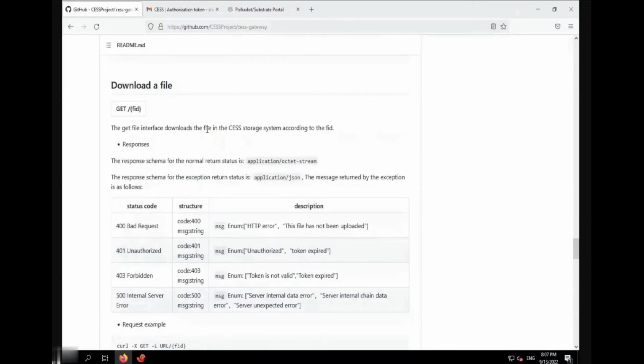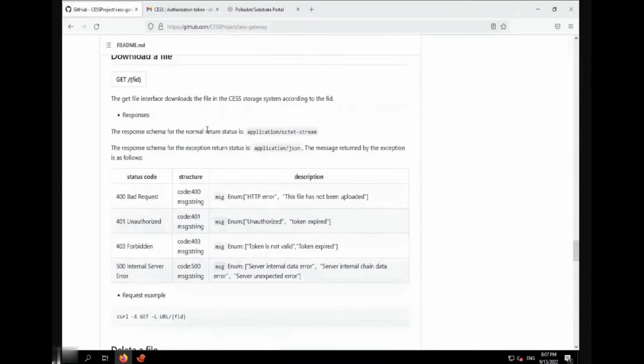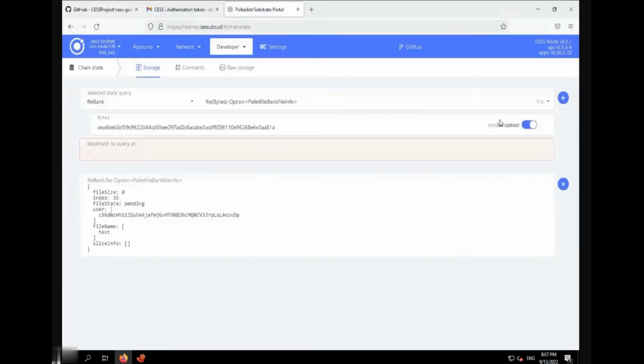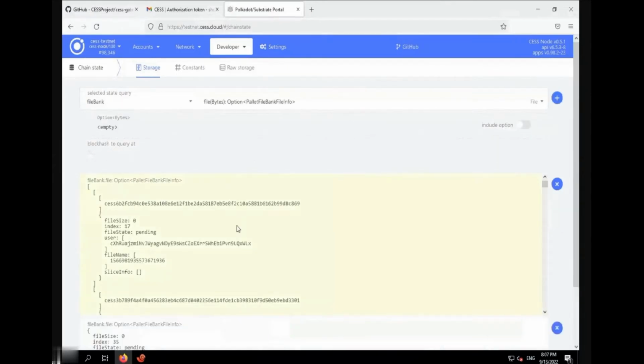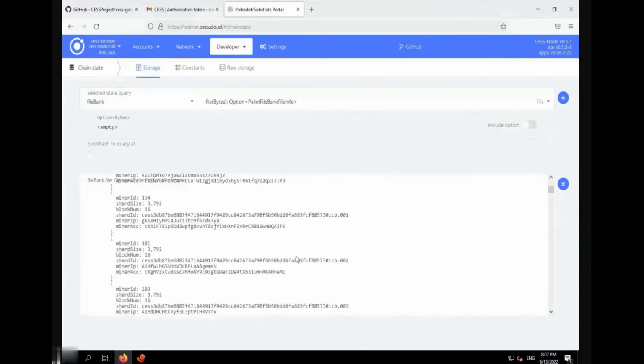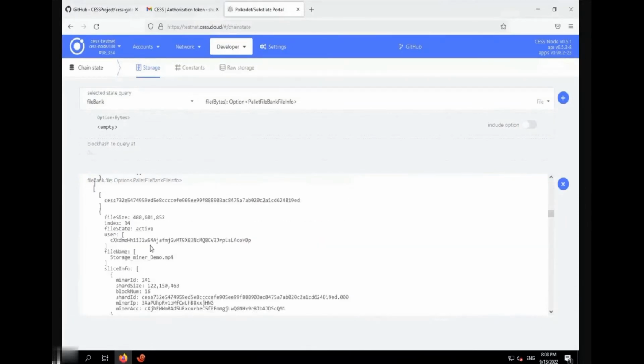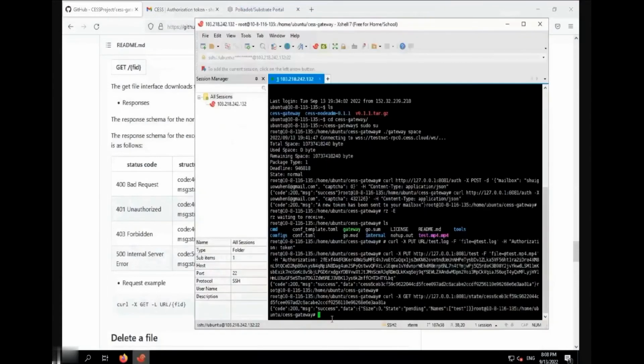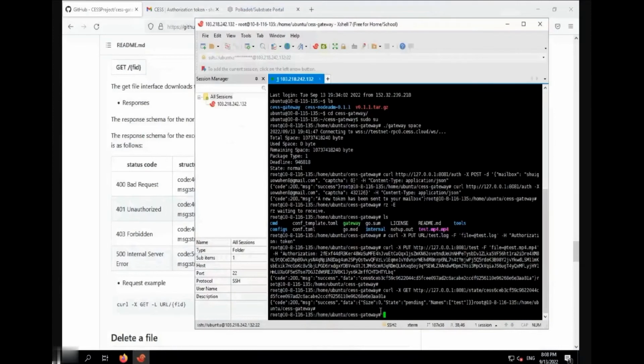Let's go to the SES Blockchain Explorer and let's find a file which has an active status. Here's one. Copy the command line for the file download. Use -O to rename the file.